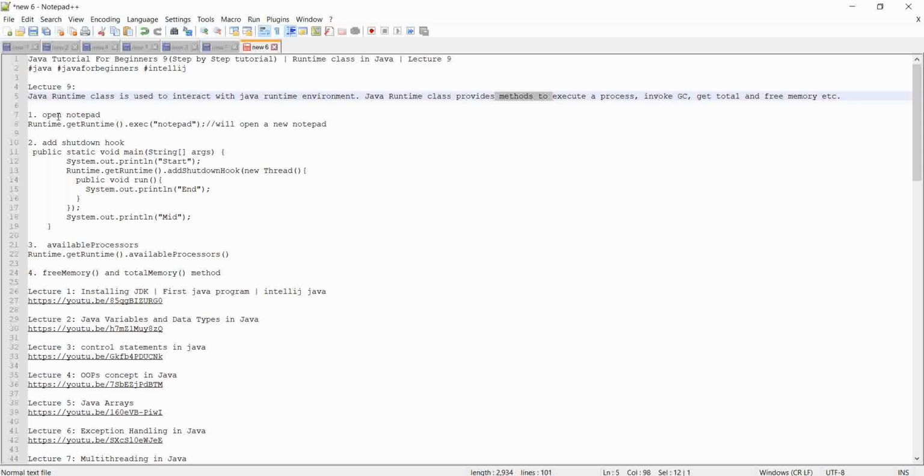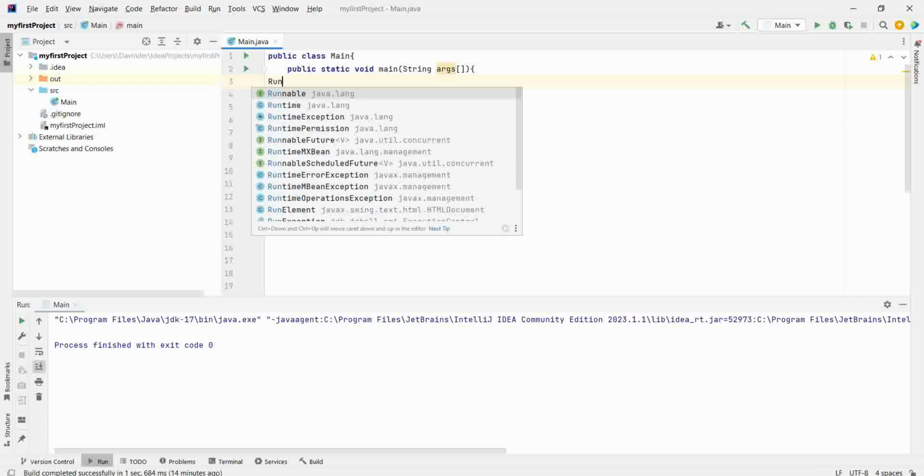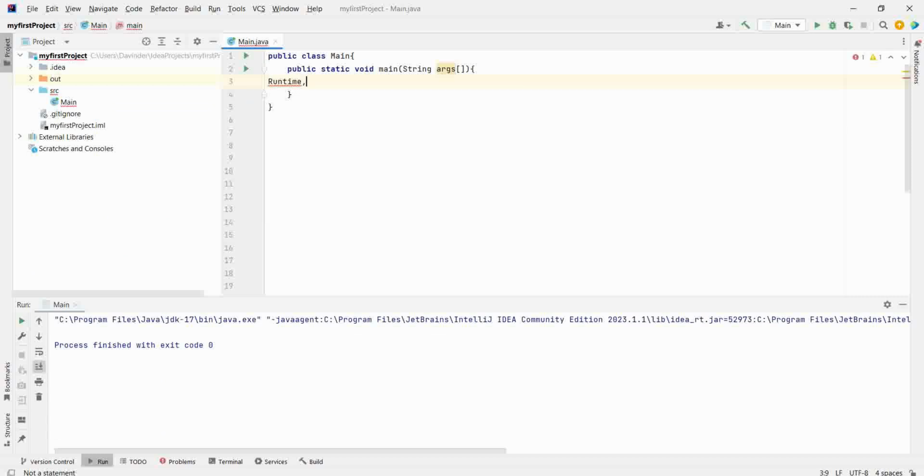Let's take an example. In case you want to open Notepad, you can do this by using the Runtime class. How to open Notepad? You will write Runtime.getRuntime().